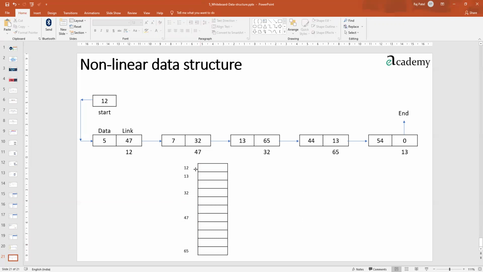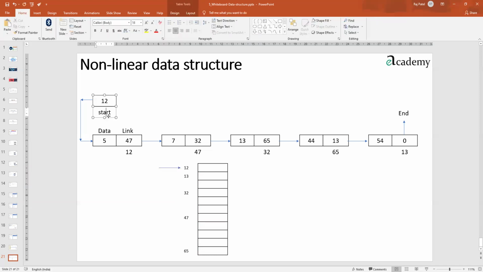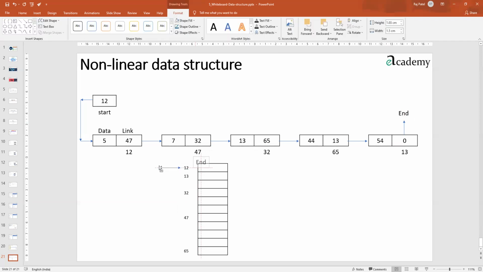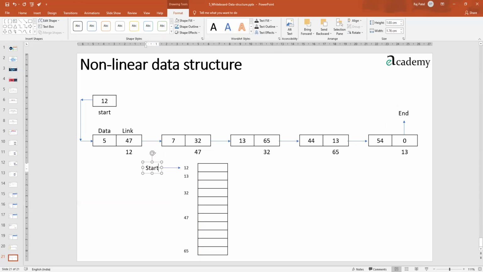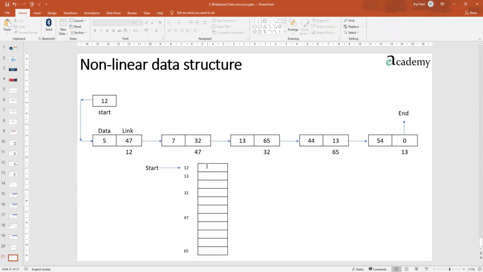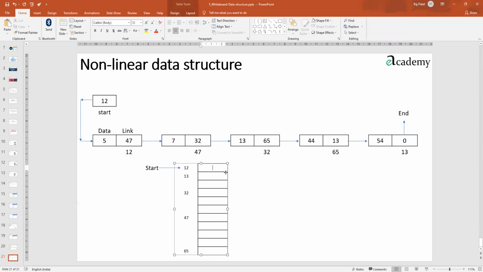Yes, you can see I have marked only those boxes which are in the structure in front of us now. So what is this? This particular location is the start location. So I am marking this as a pointer over here also. Start. And here it says that the data available in this is 5.